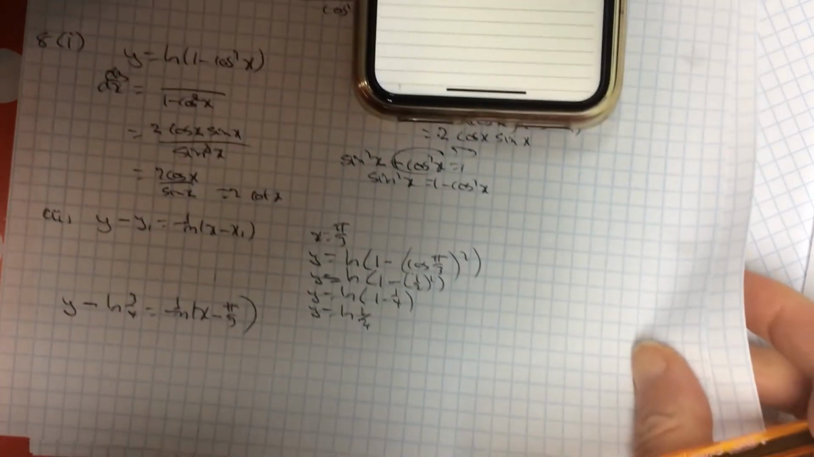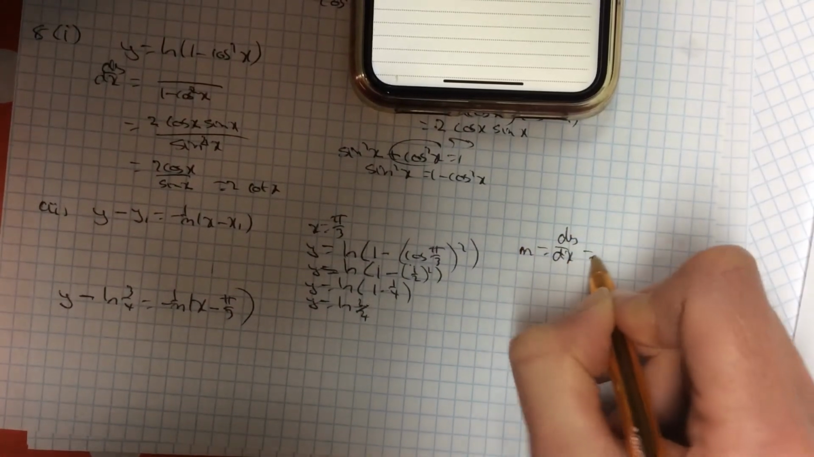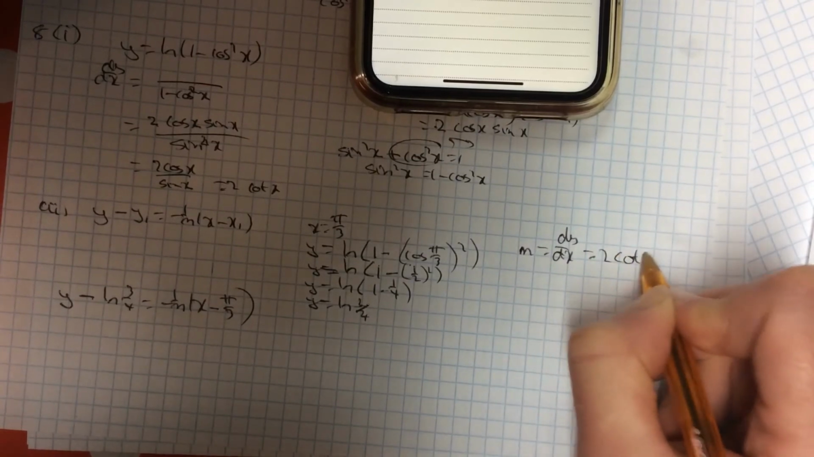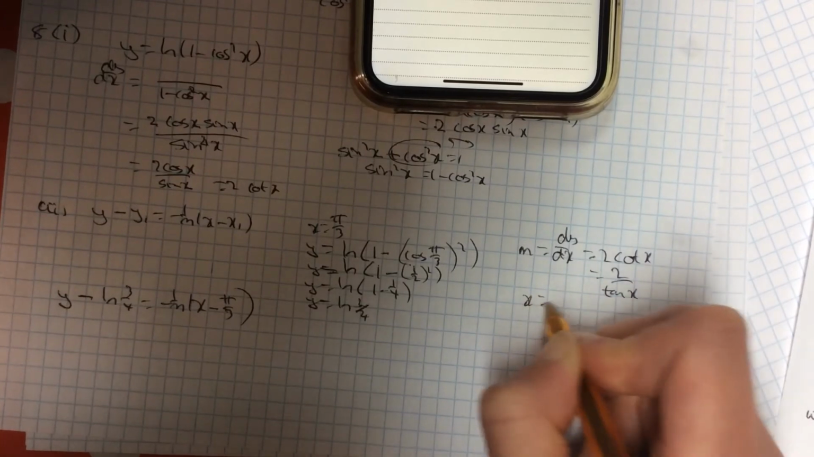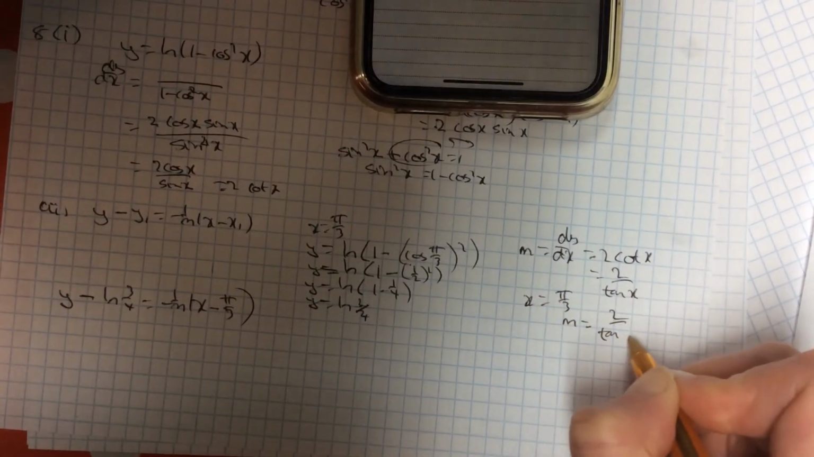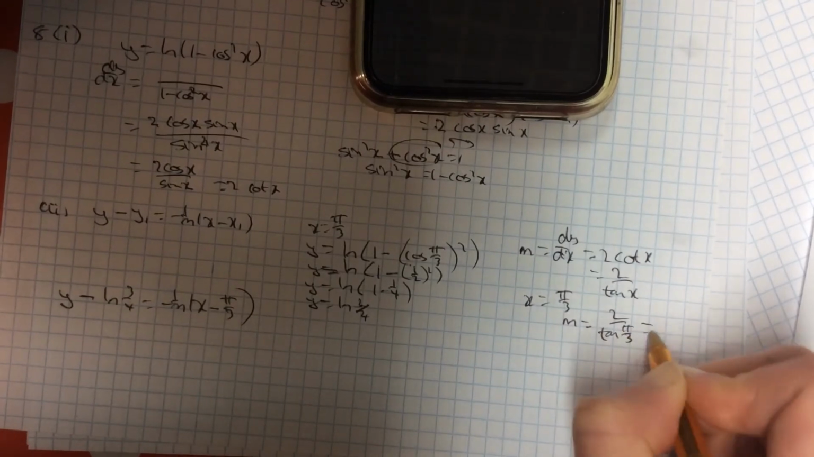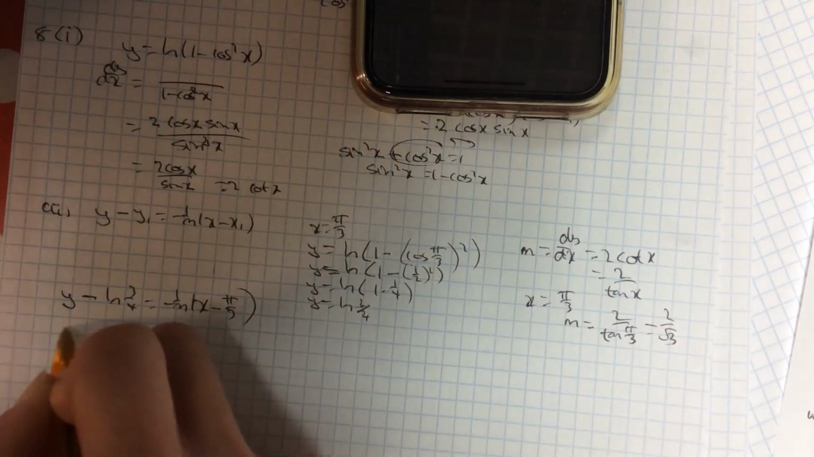To work out m, your m is dy by dx. You've just worked out dy by dx to be 2 cot x, which is 2 over tan x. When x is pi over 3, your m is 2 over tan pi over 3, and if you work that out in your calculators, it's 2 over root 3. Putting it into your equation,